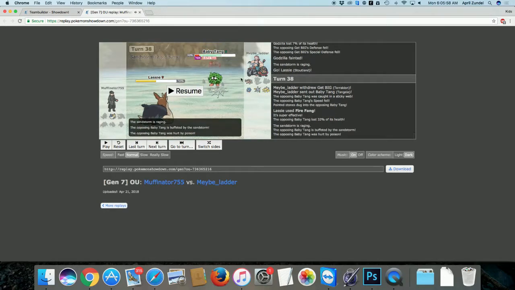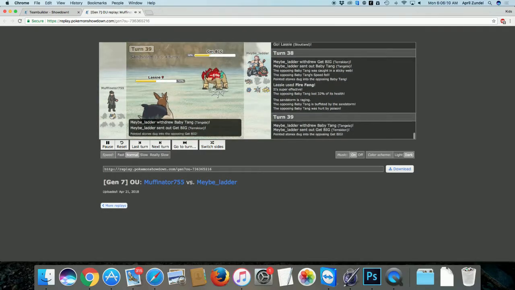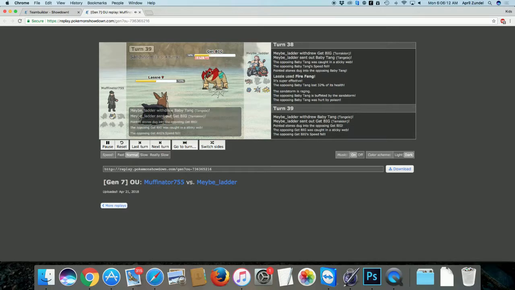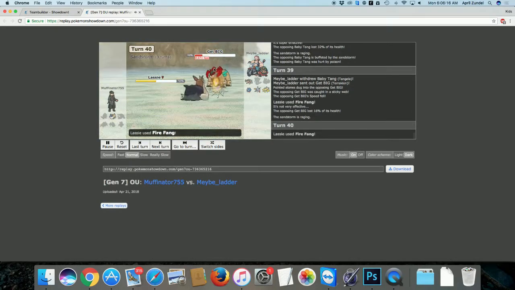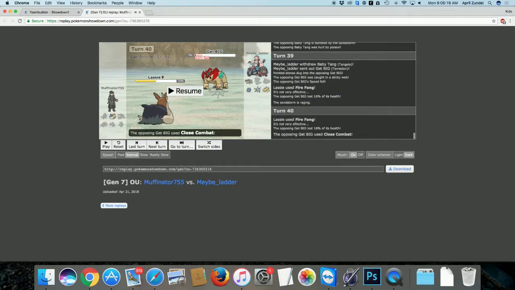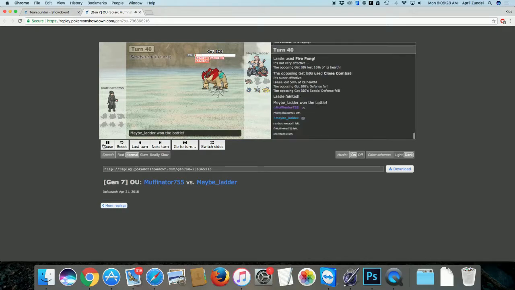Now, I think if he would have stayed in with Terrakion, I would have killed it thanks to its defense drop. So, good play on Clyde's part for getting Terrakion out of there to not take that, but yeah, did not end up working. If he would have stayed in, I wouldn't have quite killed him, but he would have killed me there. I feel, but yeah, anyways, GG to Clyde. It was a great...